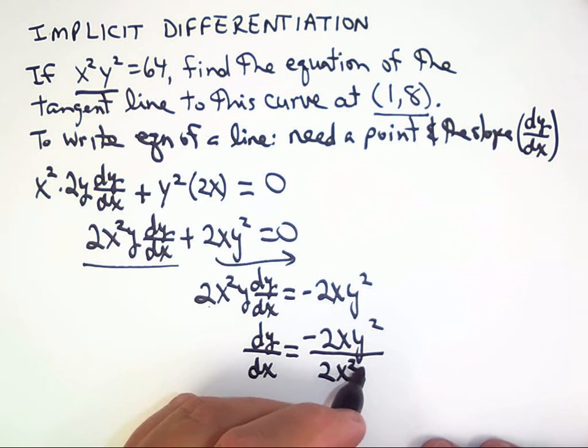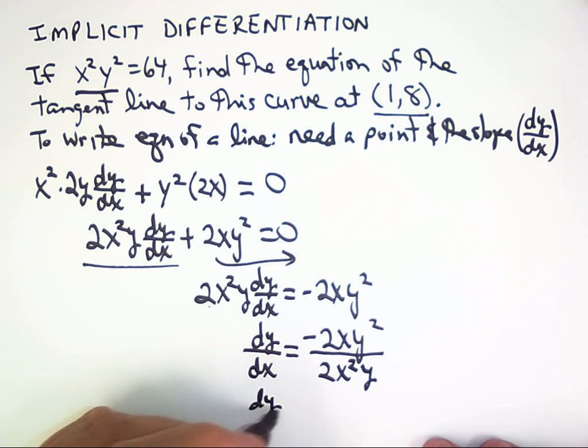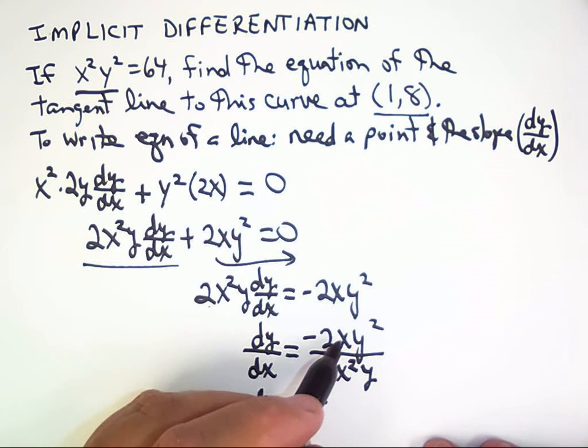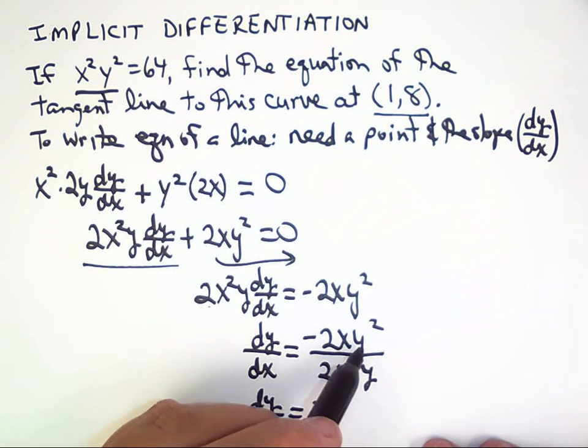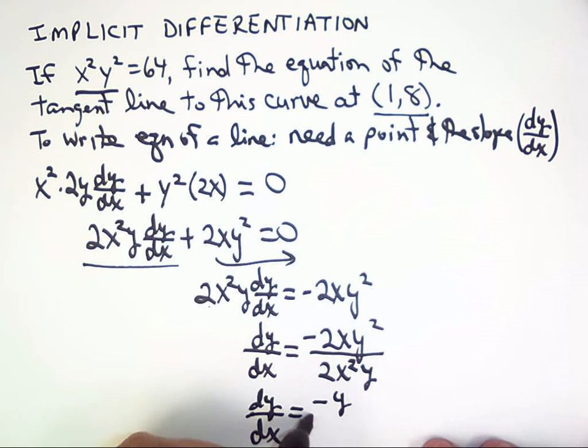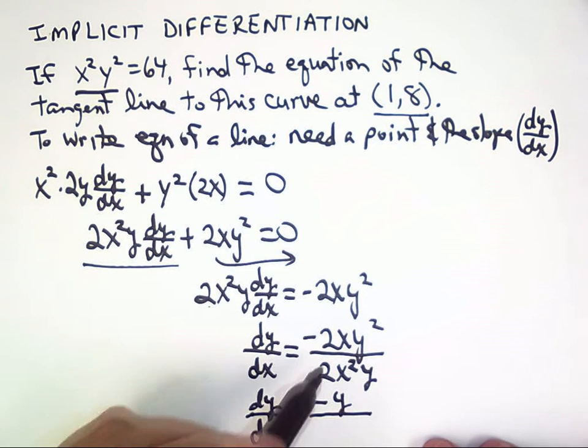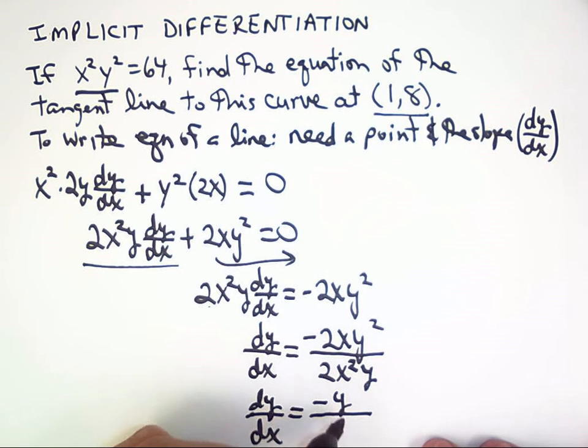2x squared y. Now I hope you'll notice that this will simplify quite a bit, because the 2's will divide out, leaving you with the negative sign up there. This x will go into that x squared, taking the x completely away, and this y will go into that y squared, leaving a y. So up top we're just left with minus y. Down bottom, the 2's divided out, and this x went into that x squared and left an x,